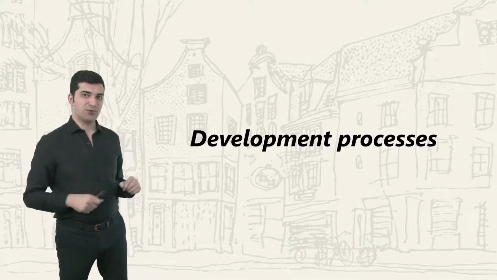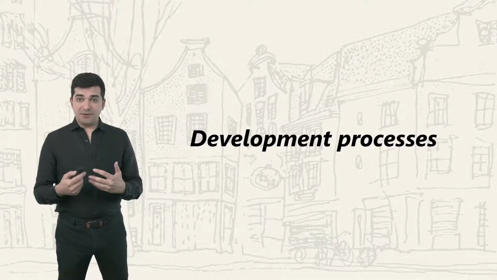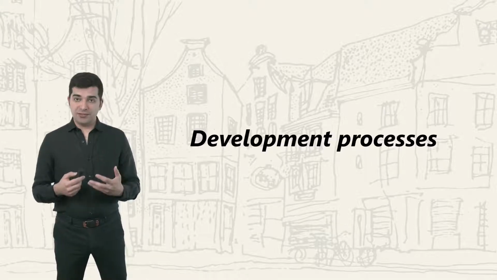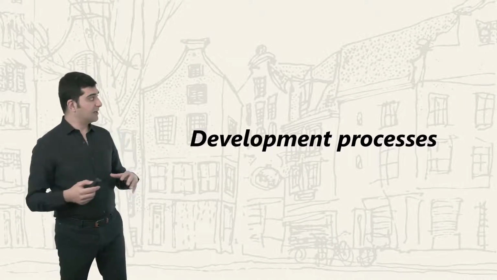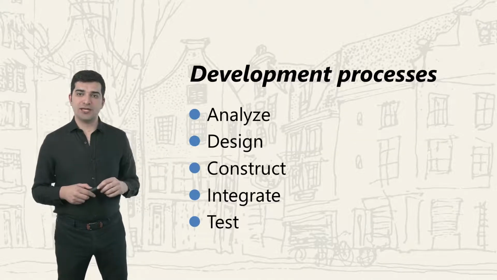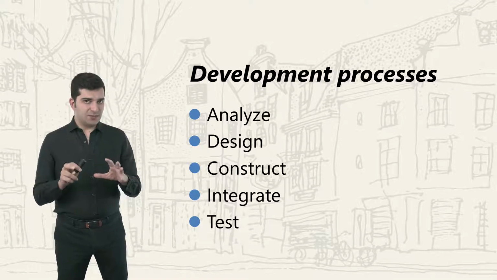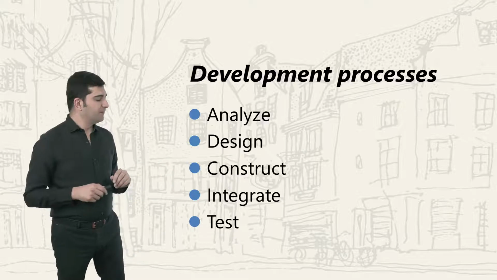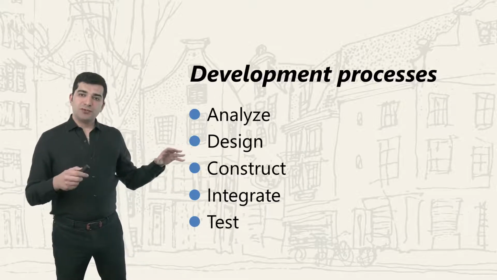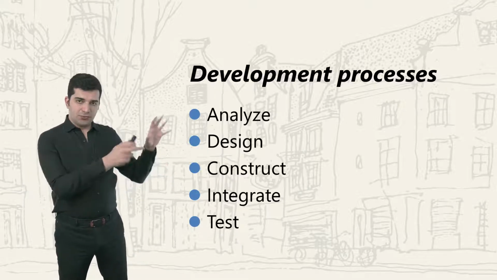in contrast to development processes. Now, the type of things that you have to do depends on the type of project that you have. If it's going to be an IT project, then these are the typical activities that you have. Activity is not the best word to use here. Let's call them development processes. Okay. For those of you who are not working in IT projects, I'm going to give you a quick review